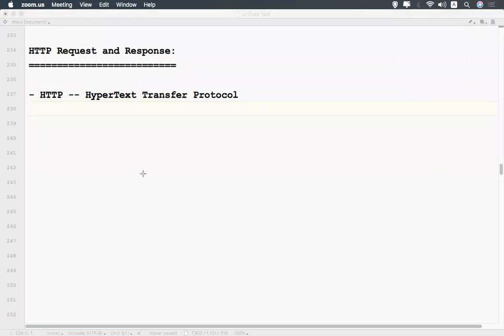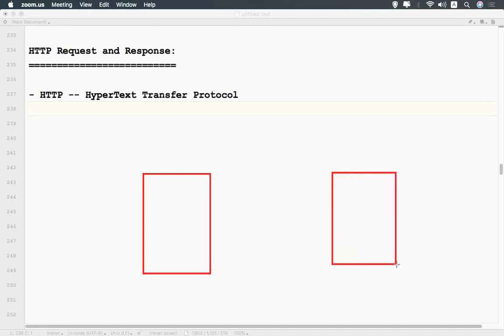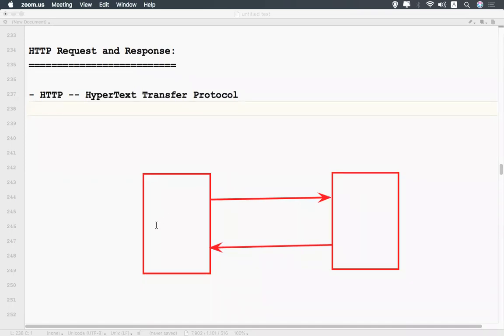let's assume you have a client and you have a server. The client sends a request, and it will get a response. So this is the client and this is the server.